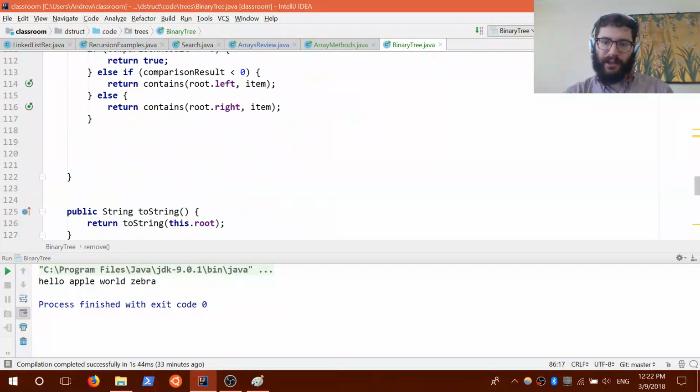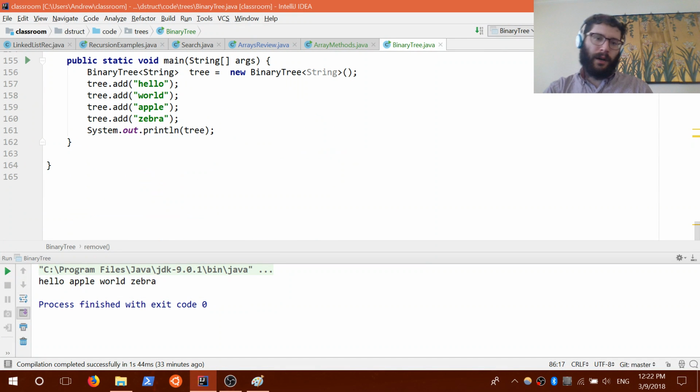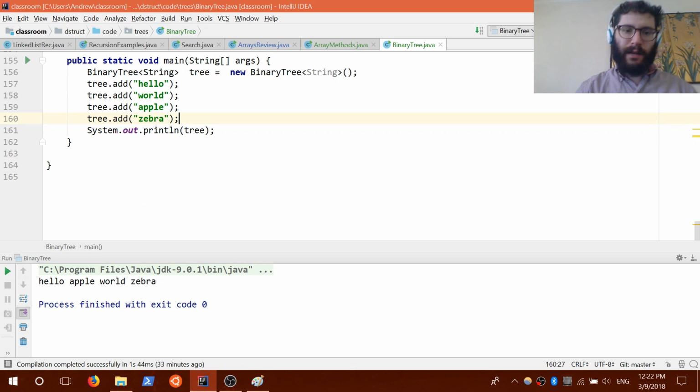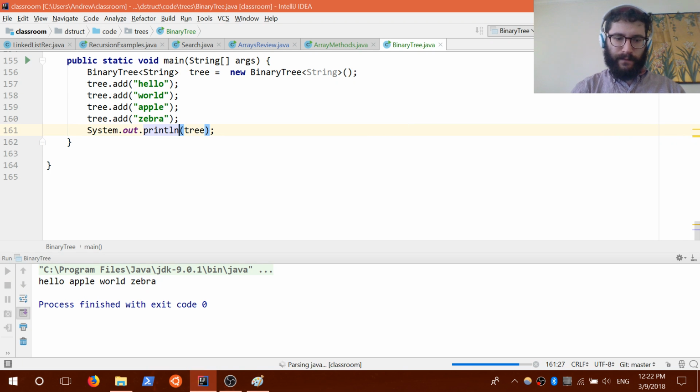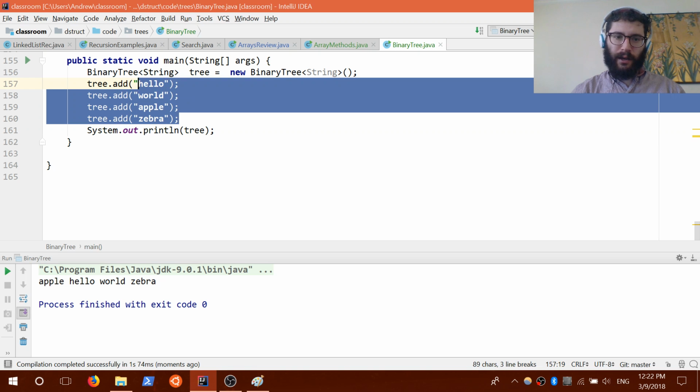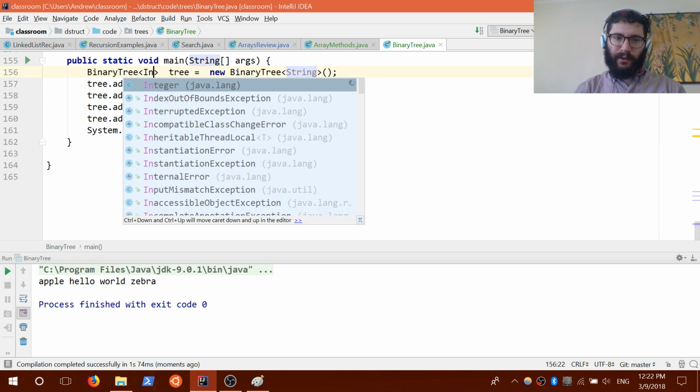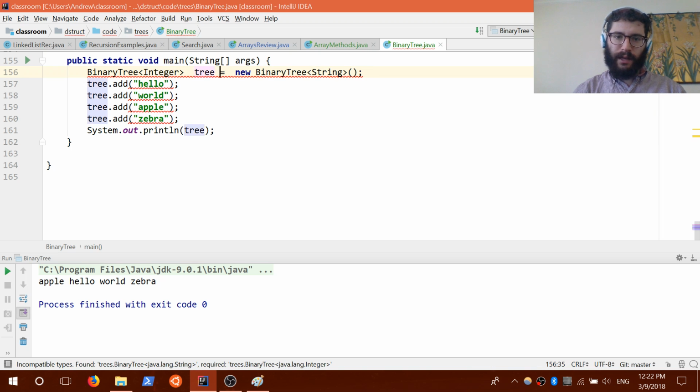So let's go ahead and build this tree and test it and find out where we failed. Okay, so currently we have this tree: apple, hello, world, zebra. We can try building art, but let's go ahead and throw this out and work with the tree that I've been writing up here, which is,